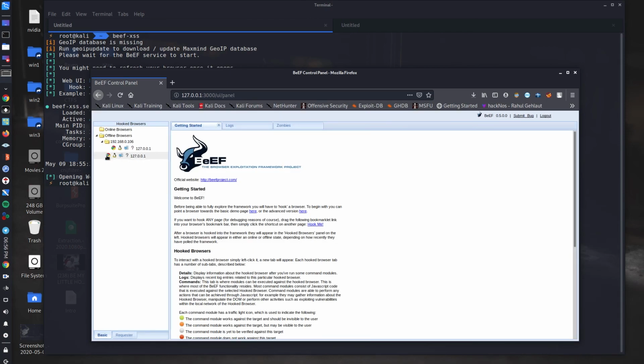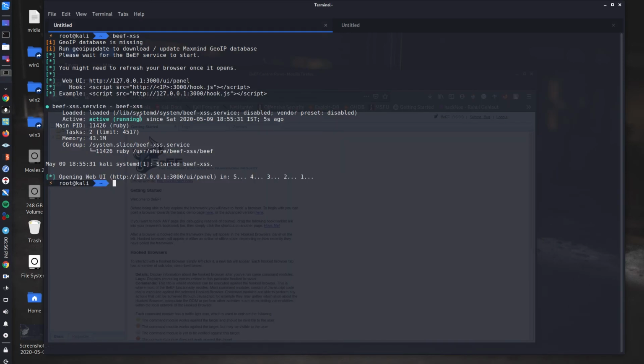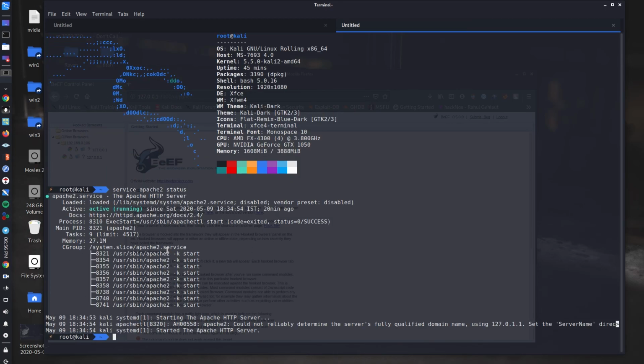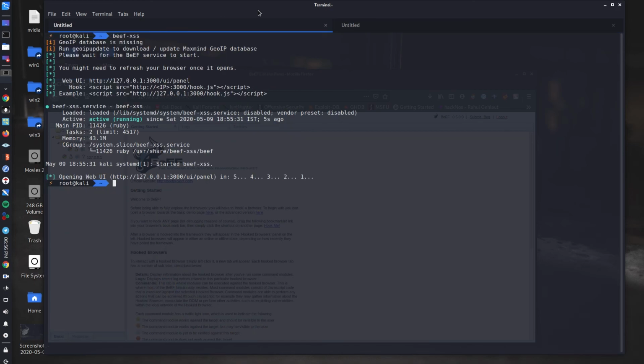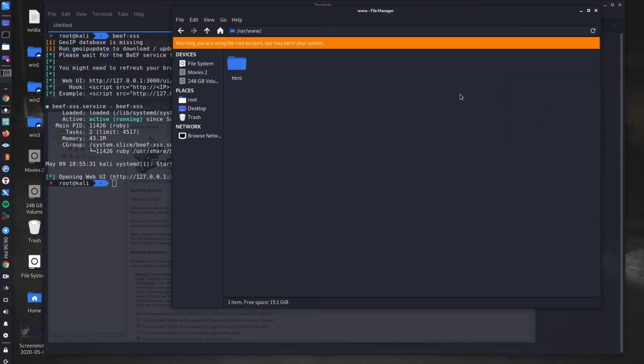So how does BEEF work? BEEF works when you are hosting a website on your Apache server. That's why we need Apache to be running. Let's say you are hosting a website on your Apache server. The files for the Apache server are here in www html.